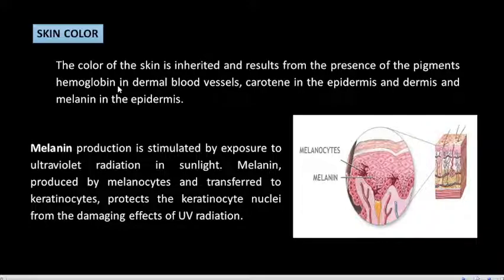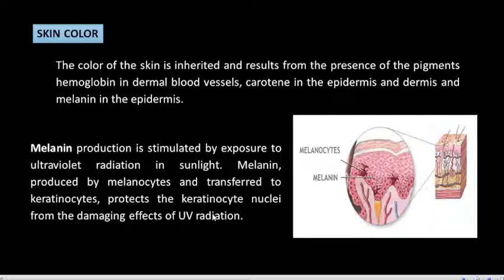So the dark color helps our skin. It helps our skin protect, no? It protects our skin from the UV rays. Okay? So your melanin production is stimulated by exposure to ultraviolet radiation in the sunlight. Melanin produced by melanocytes and transferred to keratinocytes protects the keratinocyte nuclei or nucleus from the damaging effects of the